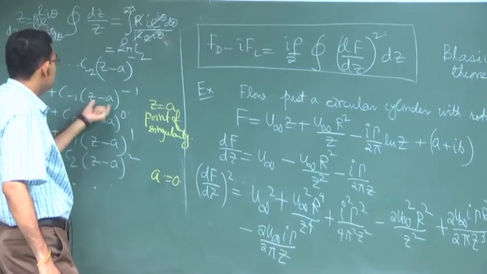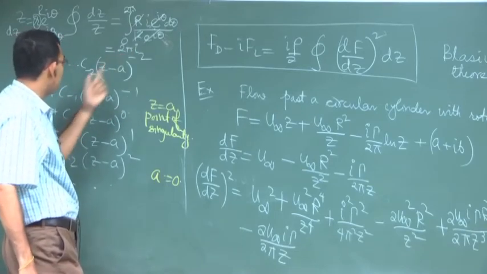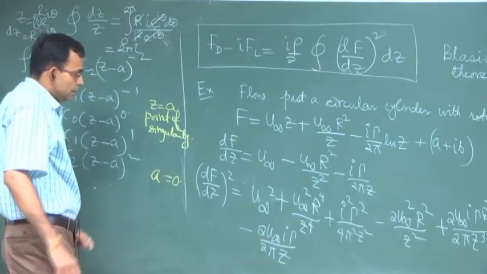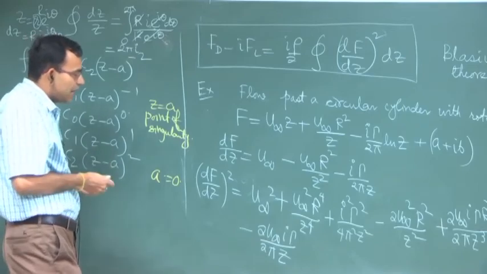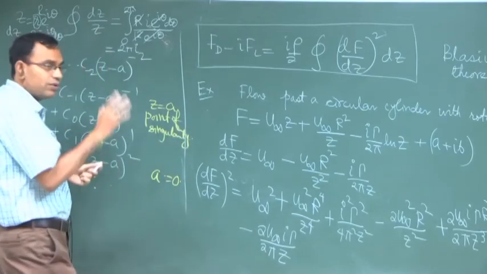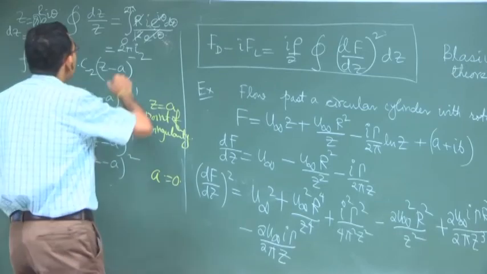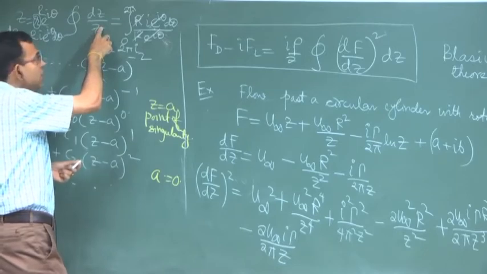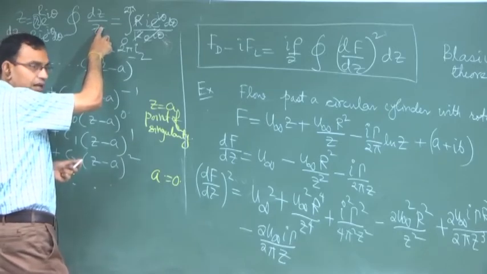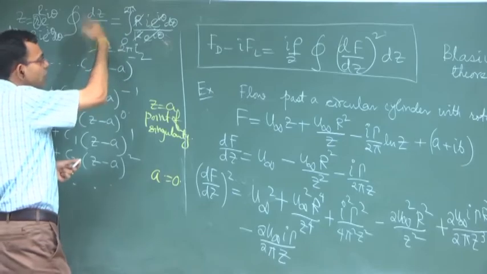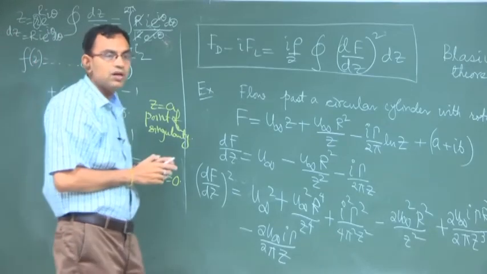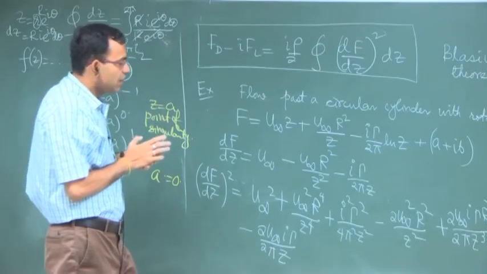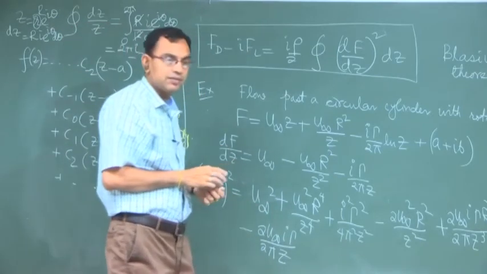So, this integration is 2 pi i multiplied by C minus 1. Using that theorem, all other terms will be 0. How can you show it? Very easily. You calculate dz by z to the power n. Other than n equal to 1, you will see that all other integrals will be non-existent. So, what will matter is the coefficient of 1 by z here.